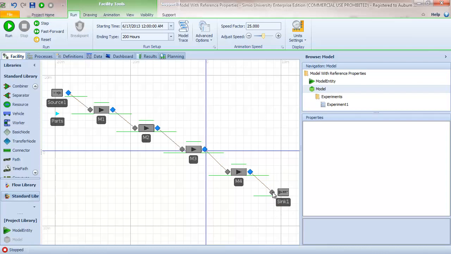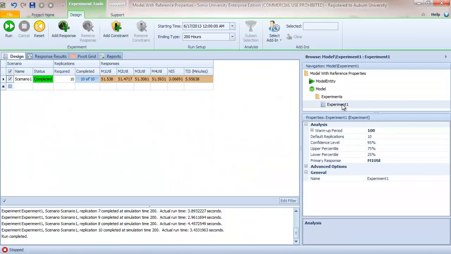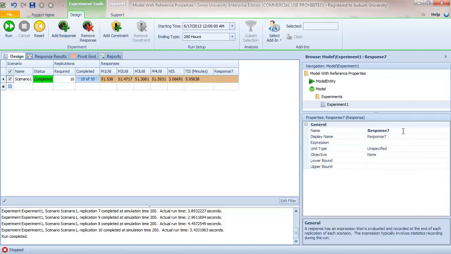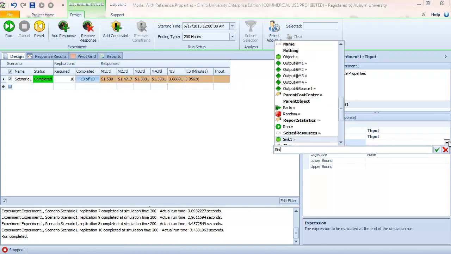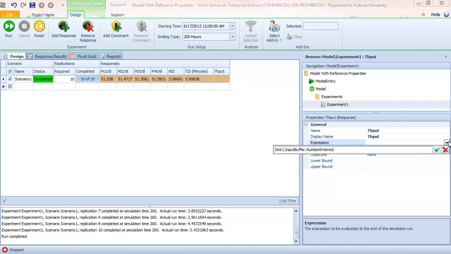And so we measured throughput by using the input node at Sink 1, and we basically track the number of parts that entered this node and then divided that by the replication length. So I'm going to do the same thing here. I'm going to add my response and call it Throughput. And the expression I'm going to use is going to be Sink1.InputBuffer.NumberEntered divided by, and